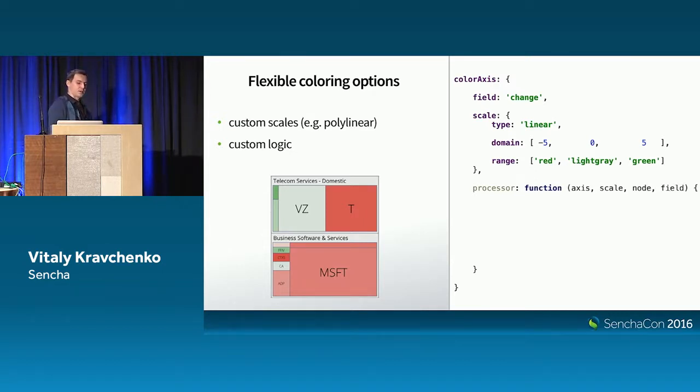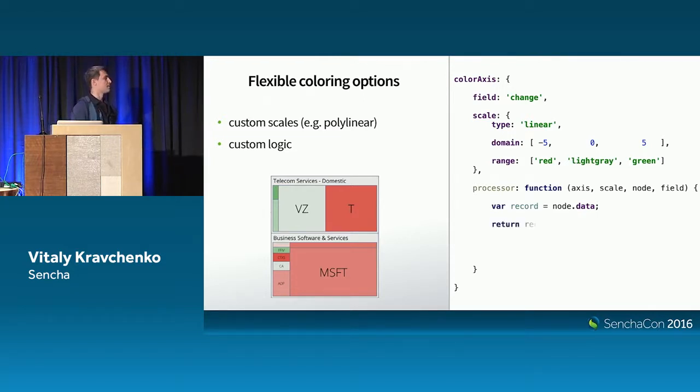You probably also noticed that the sector tile has light gray color, and this may be for different reasons. For example, you don't have the data for the performance of the sector, or maybe you don't want to colorize the sector tile because you think it might be confusing to your users. Either way, you need some custom logic to achieve this behavior, and this can be done by means of the processor function. The processor function is given a bunch of different parameters, including the scale that we just defined above and the field